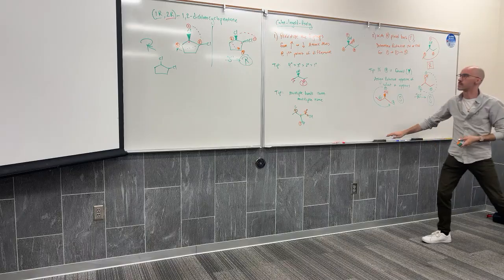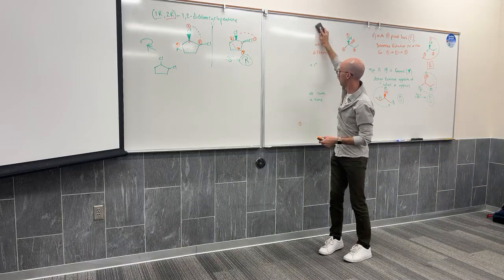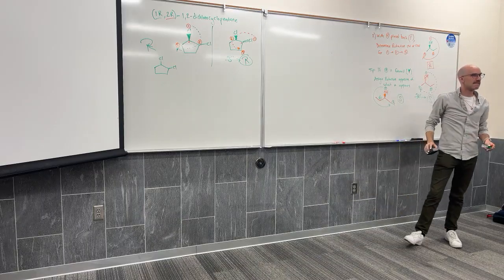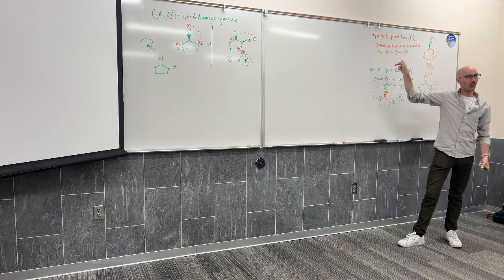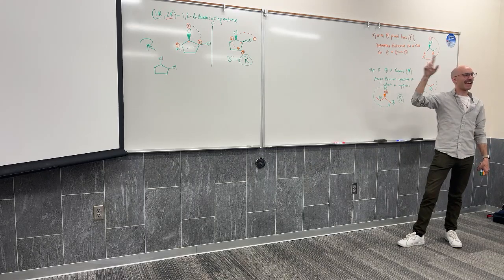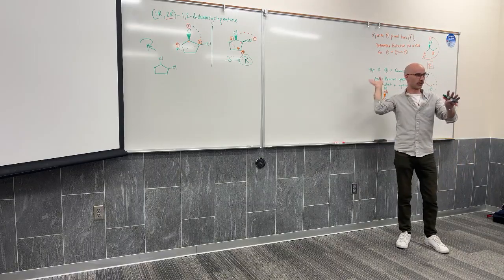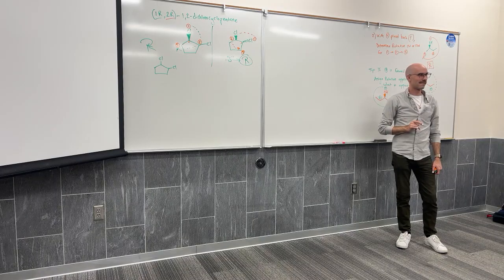So basically, the takeaway from this is just the nomenclature naming aspect. R means to the right and S means to the left, and the numbers are where it's at. R means a clockwise connection between 1 to 2 to 3 when the lowest priority is back. S means a counterclockwise connection between 1 to 2 to 3 when the lowest priority is back. And if they're the same structure, it doesn't matter if you go wedge or dashed, just whichever one.